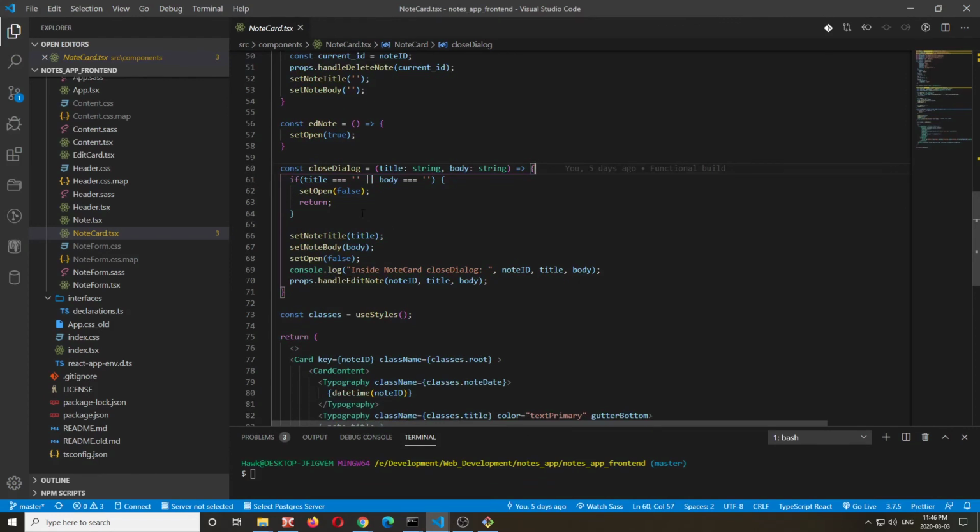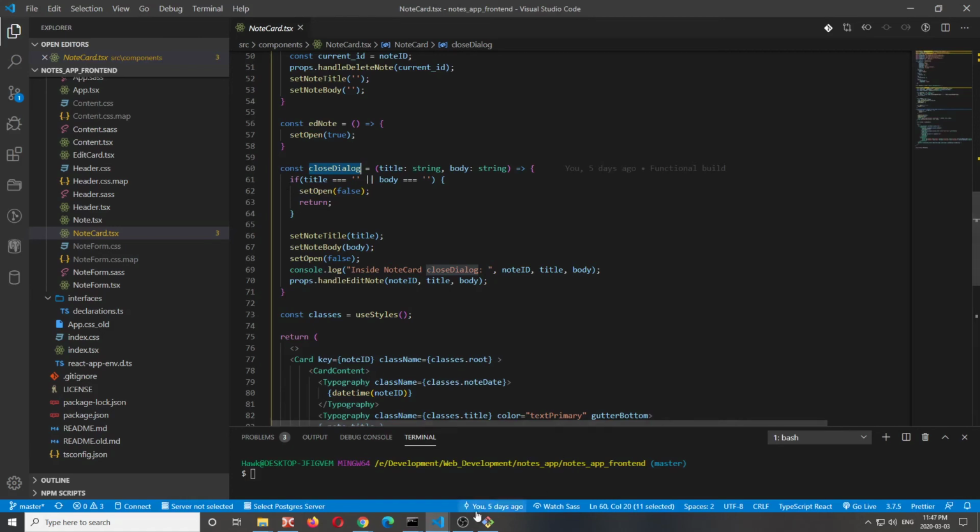Yeah, okay. So you open the dialog by this, and when you close, when you press the accept button, then this guy gets executed, and it receives the modified data, which is title and body that we have